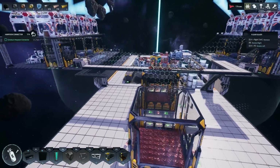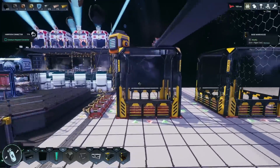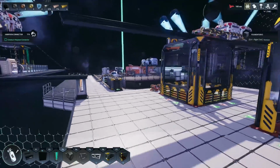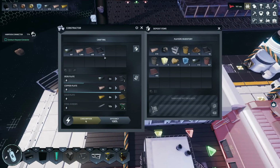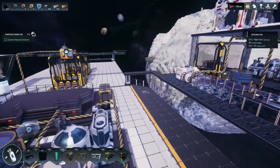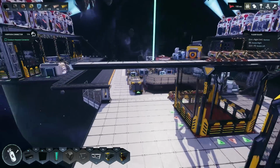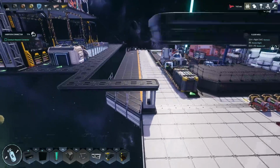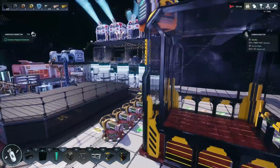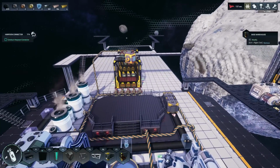Now, what we'll do is we will then move these resources into here, and then we'll pull from here into our. I guess so. See, this is where things are going to get interesting, because I want to keep a reserve. Merge items, sort by items, transfer items to inventory. I want to keep some ingots in storage, but I don't need a lot, just in case we need ingots for something. And I also want to keep some of every stage. I don't want to do absolutely all of every stage. So this is where things are going to kind of get tricky,